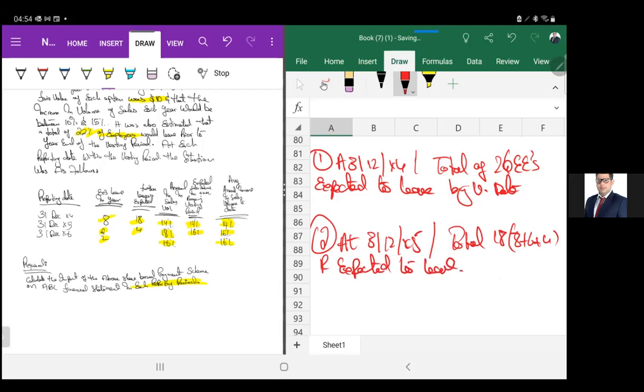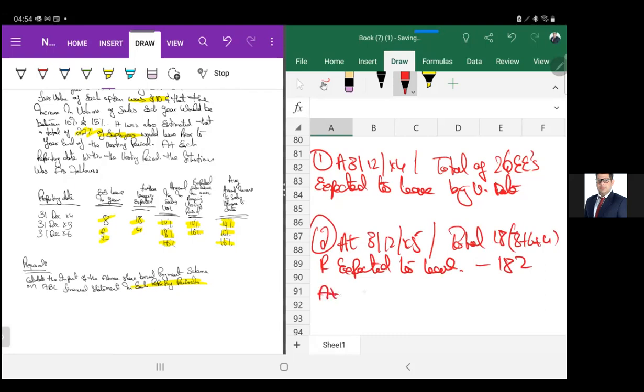That means 182 are expected to remain by the vesting period, and the sales volume is expected to increase by 16%. Consequently, it is estimated that eligible employees will each receive 300 share options at the vesting date. And finally, in year three,